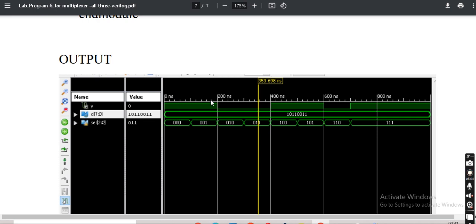The output is high for the first 100 nanoseconds, because D1 is this. The next is 001. For the next 100 nanoseconds, the output is also high. The next is D3, which is 0, so the output is 0. D4 is also 0, so the output is what? D2, D0, D1,